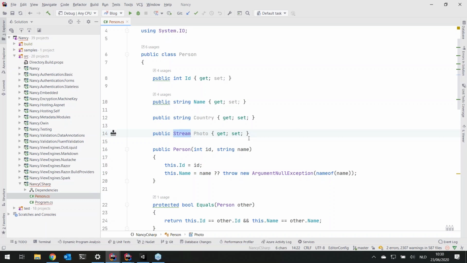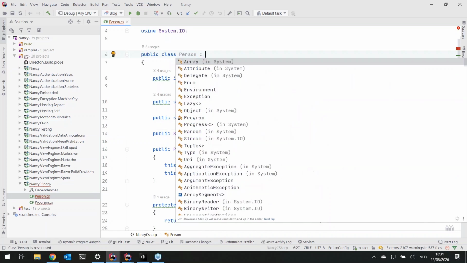Stream is a so-called disposable type, which means if my person is no longer required in my running application, I will have to clear out that stream as well, because that stream will hold memory. If we hold memory, then eventually we'll run out of memory. So what we have to do is make sure that when our person is disposed of, when we no longer need it, that we also dispose this photo property that we have. We can do that by implementing the IDisposable